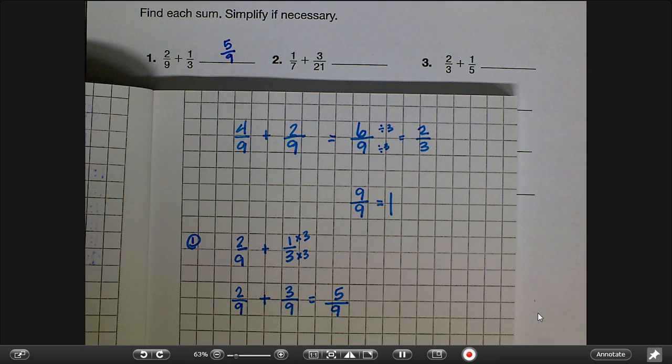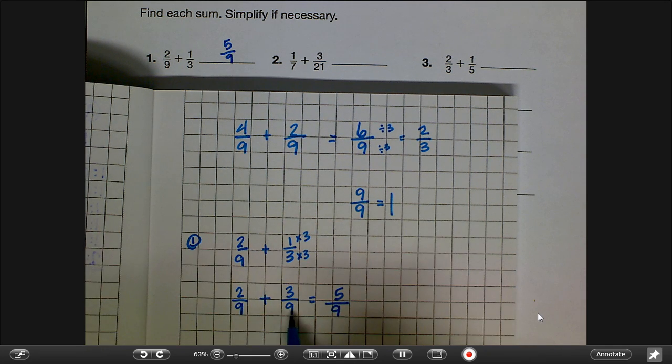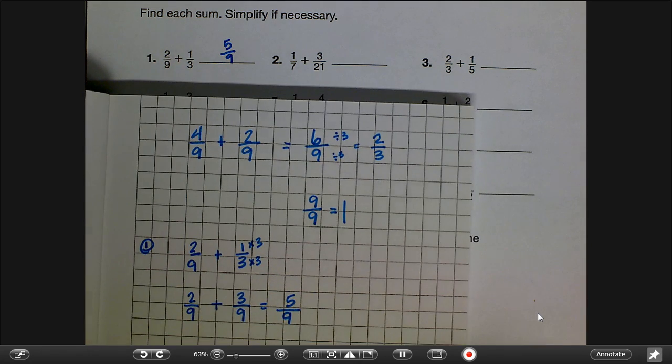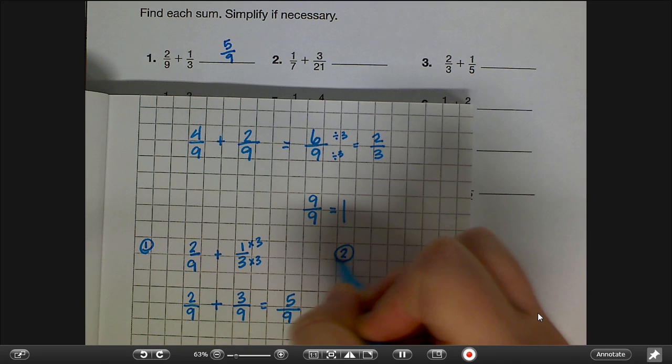The hardest part of adding fractions with unlike denominators is finding the common denominator and being sure that we rename the fraction correctly. Okay, let's try number 2. It's a little bit different. It has some bigger numbers. Okay, number 2 says